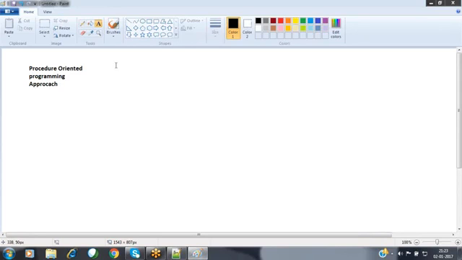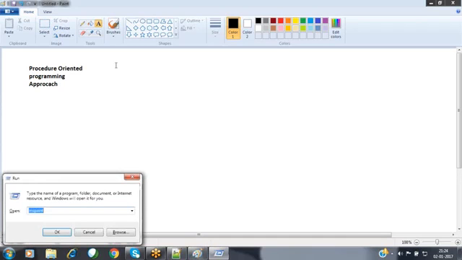Whatever application you are going to build, whatever functionalities you are going to implement, each and every application functionality or business logic has to be implemented in terms of procedures or functions. Then what do you mean by procedures or functions? Basically, procedures or functions are the two categories which come under subprograms. Now let's take an example here.